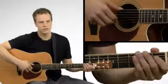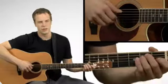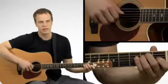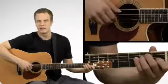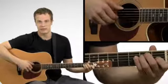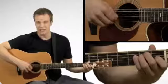If you'll notice, when I play, as soon as I hit that first note, my thumb's coming right back to prepare to get that next note right here. Same thing, next on the G string, it's coming back to prepare, then push down, same thing. Just experiment with that, get to know where those 3 strings are to where you don't even have to think about it. And that's the first step to getting to know how to finger pick, is getting those 3 bass